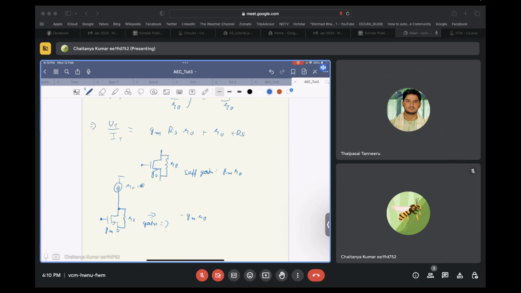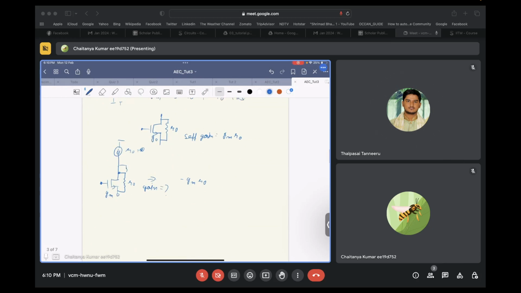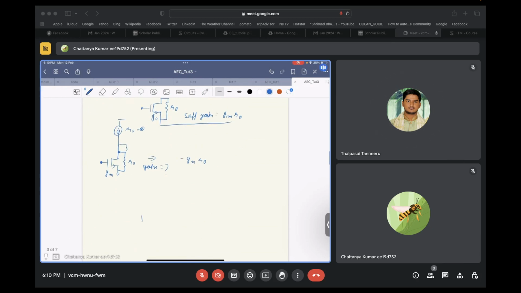The moment we keep on applying load at this particular node, your gain keeps on reducing and reducing. So Gm R naught is the maximum gain that you can get from a transistor when you have a common source configuration. So this is called the self gain. Okay. So we have a transistor with a self gain of Gm R naught, and let's say we had